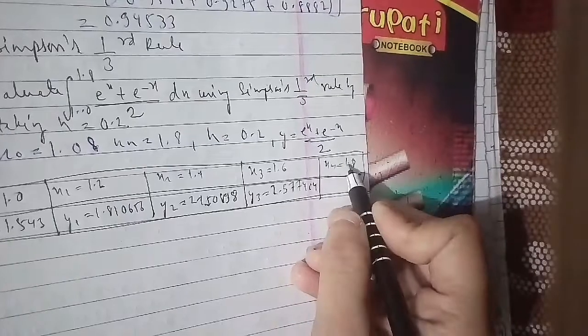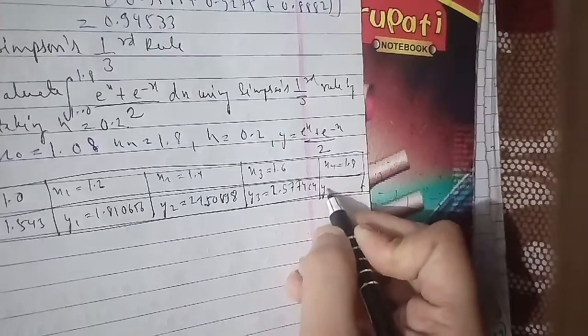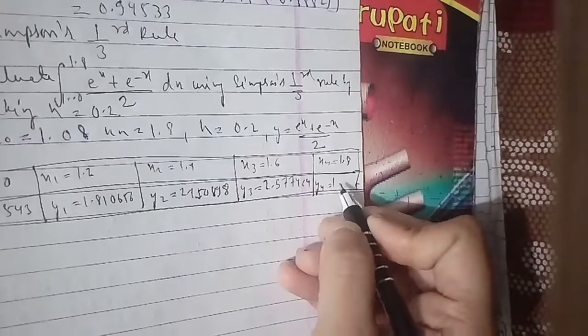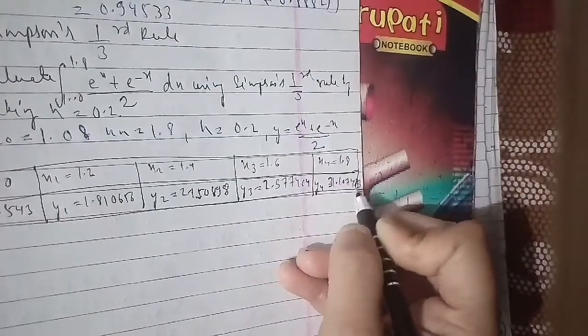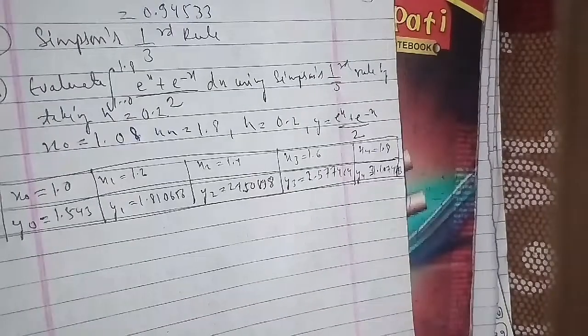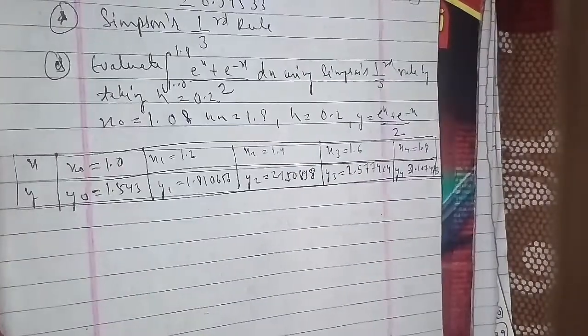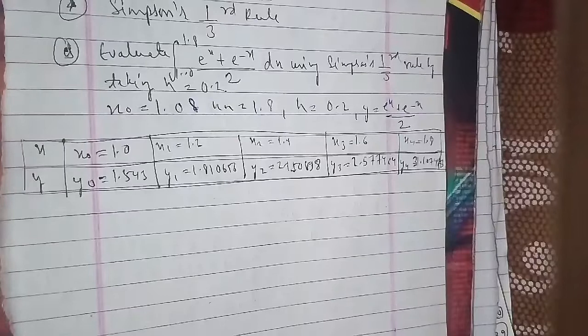Putting in the values, the integral from 1.0 to 1.8 of (e to the power x plus e to the power minus x) upon 2 dx equals 0.2 upon 3 times